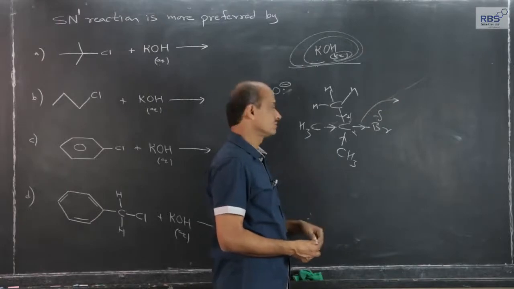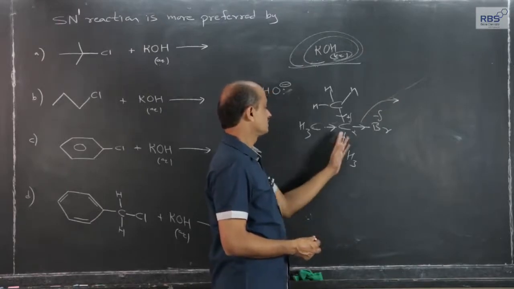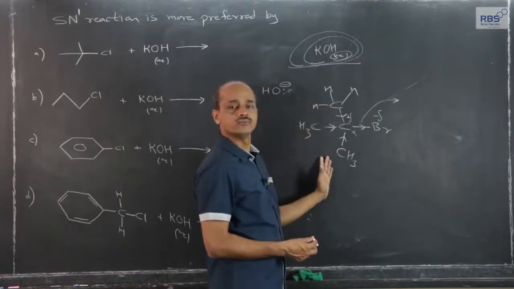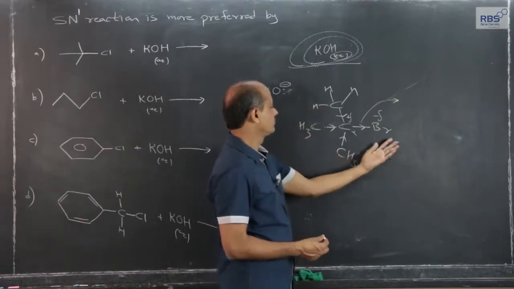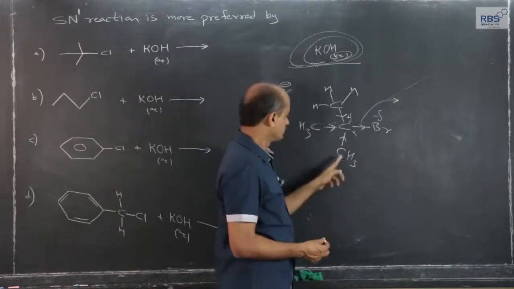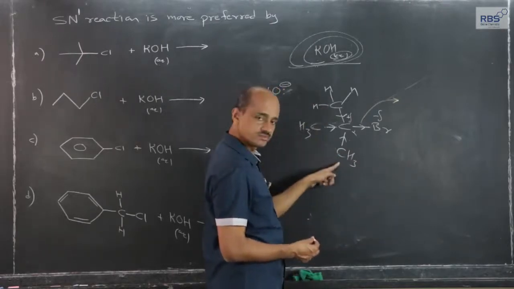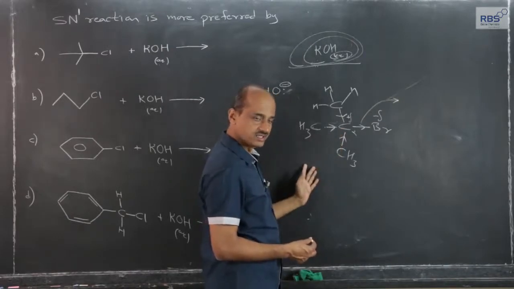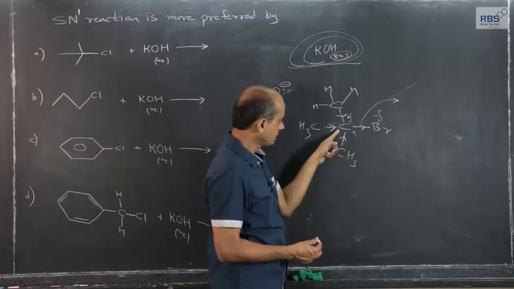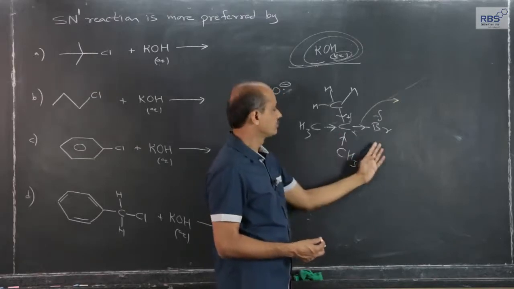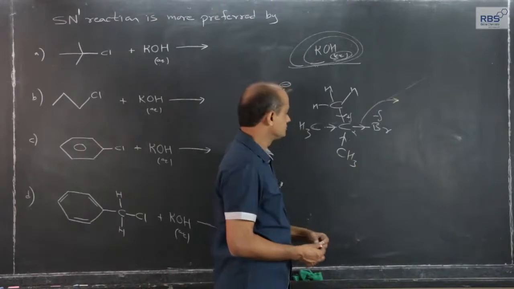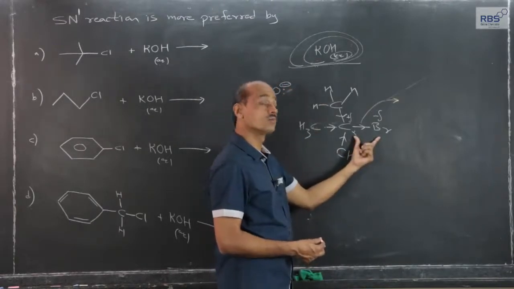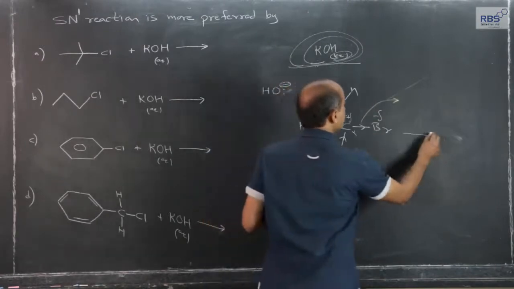Normally in other cases, the lost electron density is compensated by the plus I effect of methyl groups. Here, bromine has the capacity to pull more because of the plus I effect of 3 methyl groups. Electron density at this alpha carbon has increased. So, available electron density is more, therefore bromine pulls more, and because of 3 methyl groups, this carbon-bromine bond becomes more polar, and in presence of polar solvent